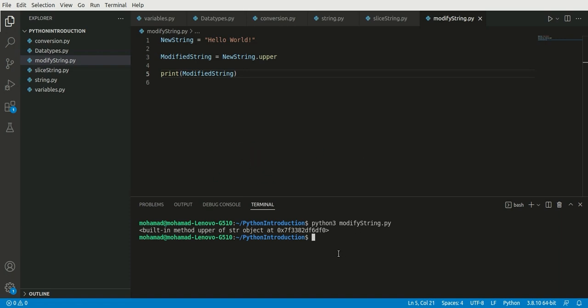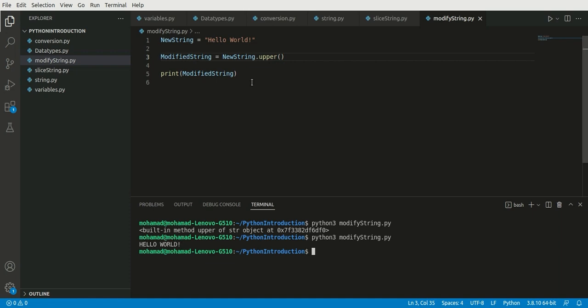And okay, this is actually not showing us what we need because it does not have parentheses. So if we want to show the result of this hello world with all uppercase letters, we need to have parentheses after dot upper. So let's save this and rerun the code, and as you can see here, all the letters are converted into